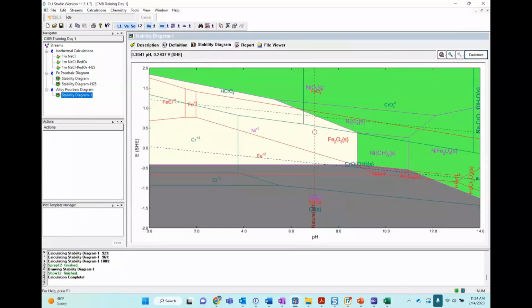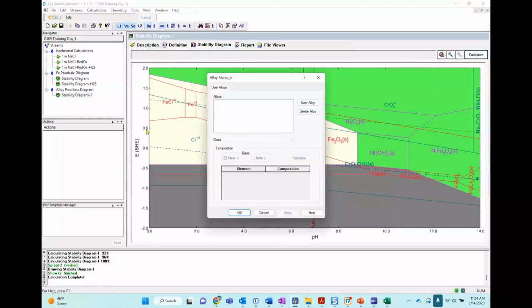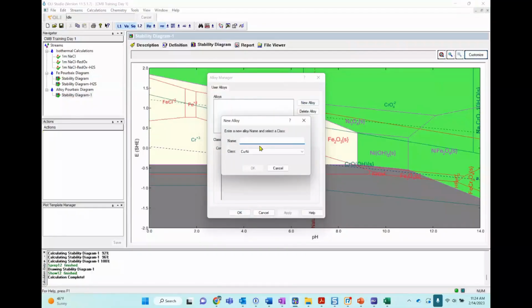So where you go is a place that is called the Alloy Manager. So you go to Tools, and then in the menu bar, you'll see an option that is called Alloy Manager. In here, you create your alloy. So in here, you'll say, I want to create a new alloy.